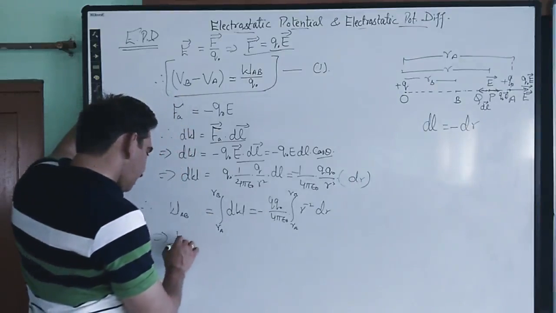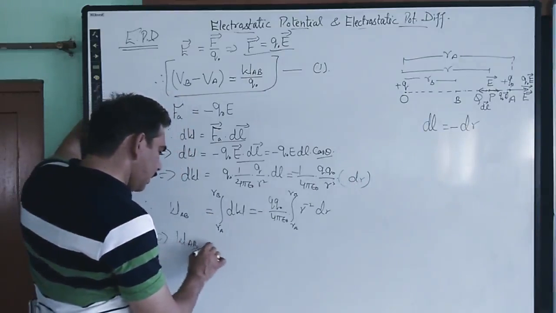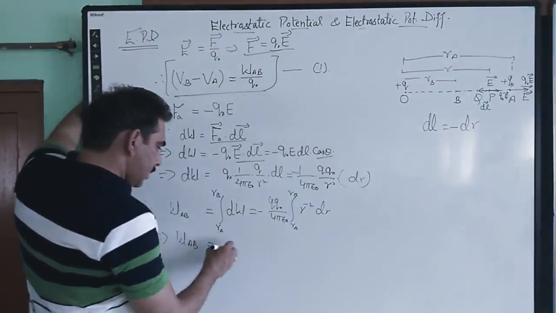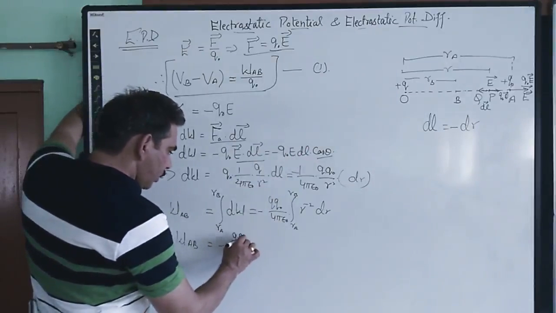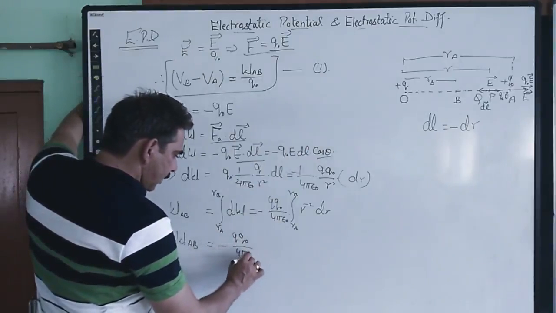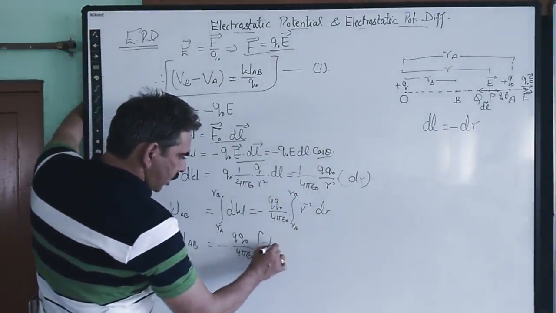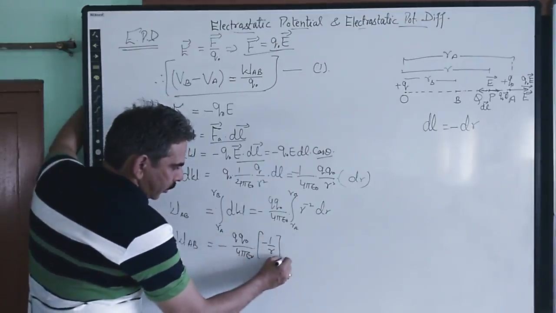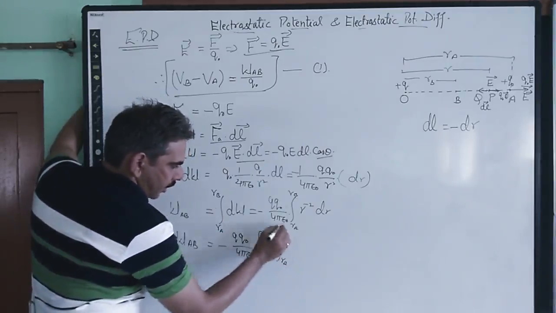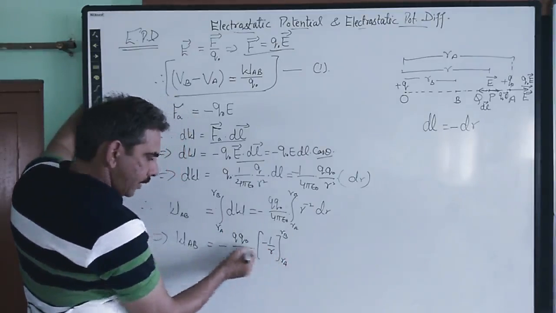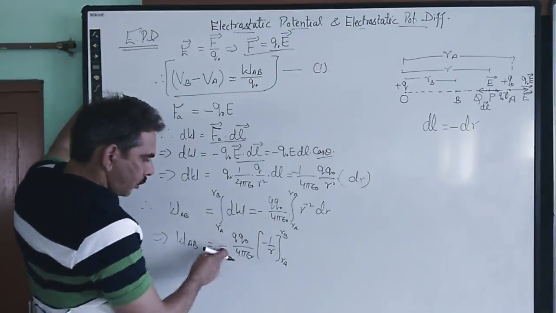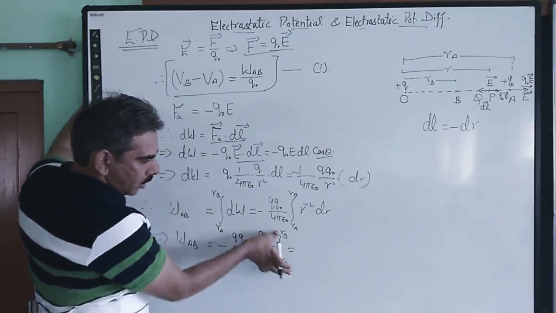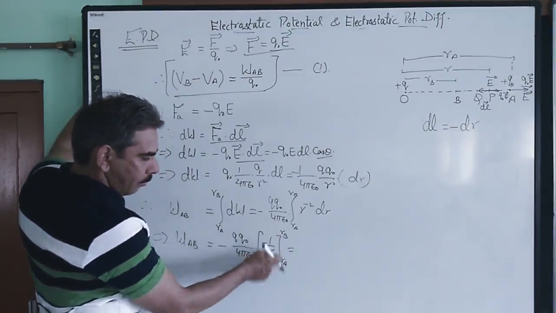So from here, the total amount of work done in bringing the charge from position A to B against the electric field of the given point charge Q takes the form minus Q naught upon 4 pi epsilon naught, and this becomes minus 1 upon R, as we have discussed in our previous article. So initial position is RA and final position is RB. This minus sign can be taken outside, so minus and minus becomes positive. Then we substitute the limits, first upper limit minus lower limit.